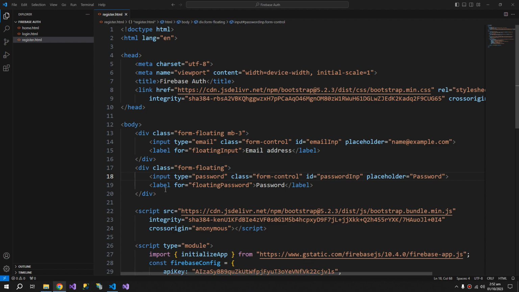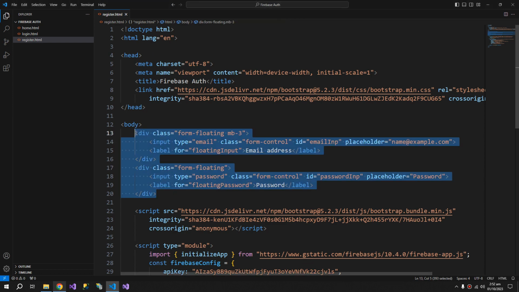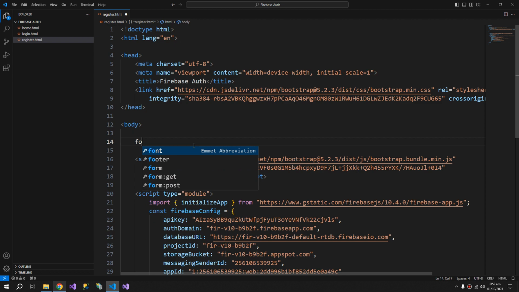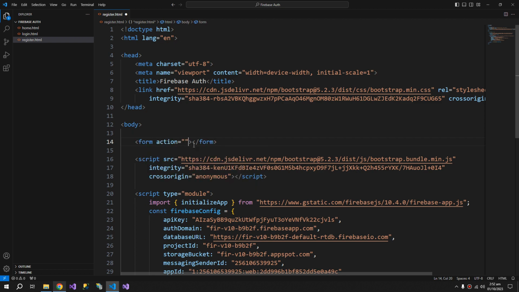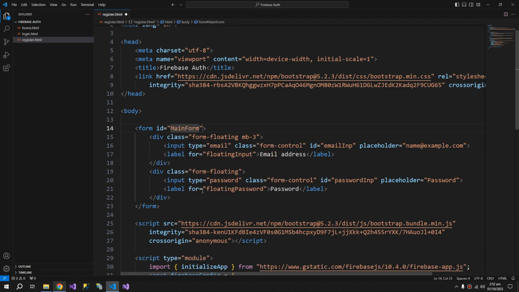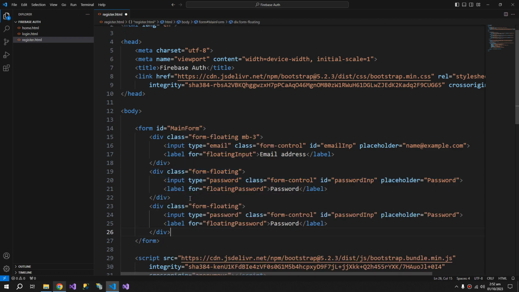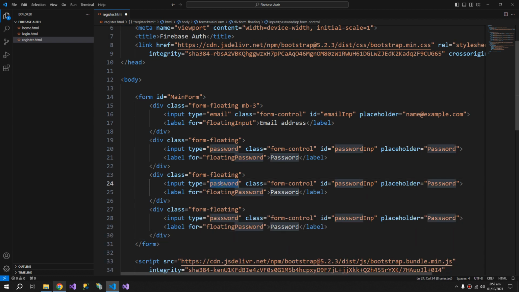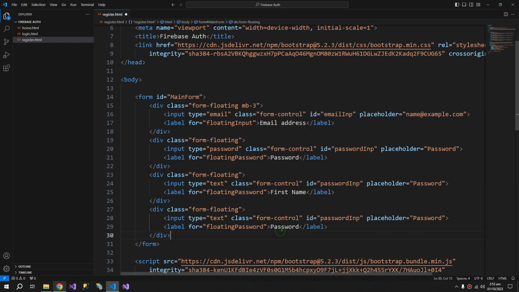So now let's put these divs under a form, which is the right way to do it. And this form will have an ID of, let's say, main form, and I will copy this. This is going to be text and we will be saving first and last name in the database,